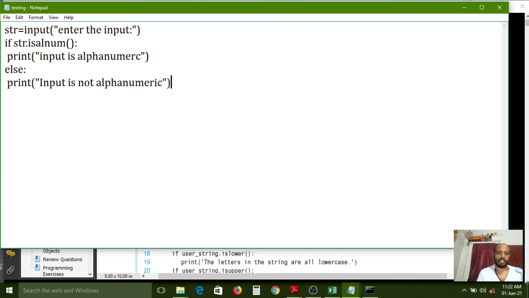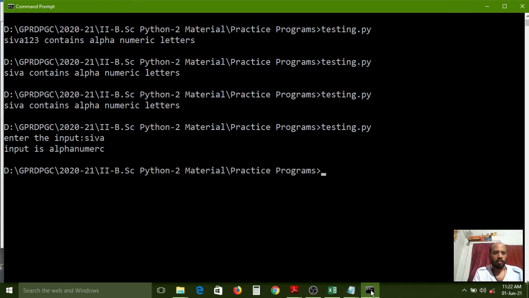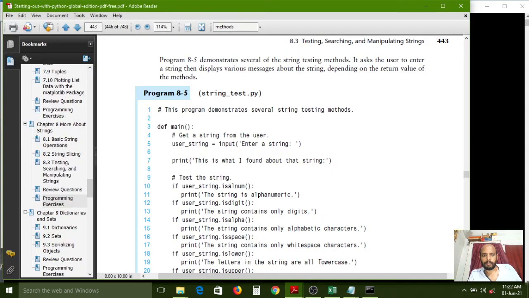Now let us check by executing this one. Enter the input. Siva. Input is alphanumeric. How is it alphanumeric? Why is it not working properly? Enter a string.